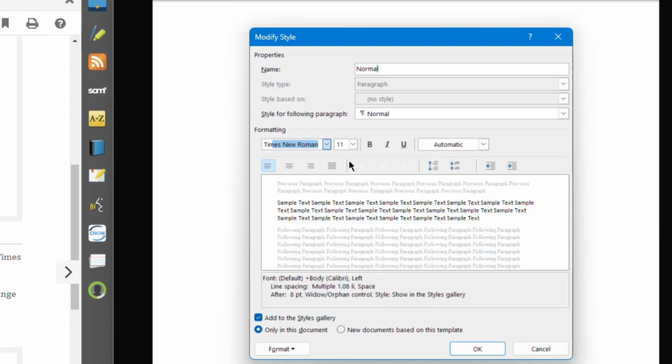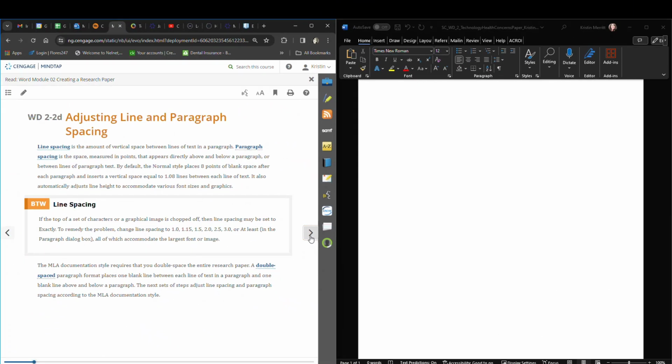Click the font size arrow and then click 12 in the font size list to change the font size for the style being modified. Ensure that the Only in this document option button is selected to save the changes to the style only for this one document. Click OK. Section 2-2D explains that line spacing is the amount of vertical space between lines of text in a